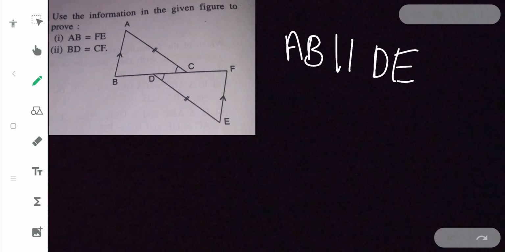We are having... use the information in the figure and prove AB is equal to FE. So first of all, whenever you see the diagram of the question, just make it a habit of writing whatever the information is given. So here I am having AB is parallel to DE and AC is equal to DE,